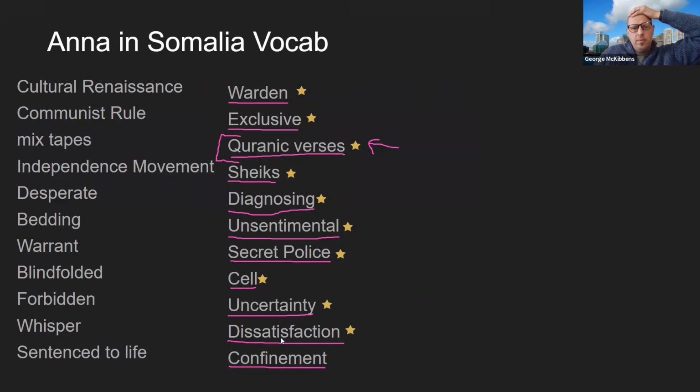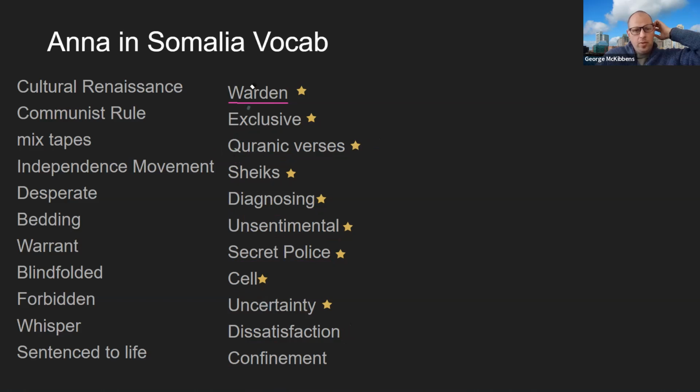Dissatisfaction, unhappiness. Confinement, being trapped, to be confined. So they're in solitary confinement. All right, so if you want to watch the recording of this class to go over these vocabulary words, I recommend it. Otherwise, let's wrap up today by looking at another major character of the story, and her name is